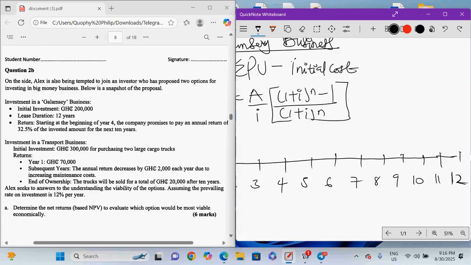Okay. So now they are saying that the cash flow is starting when? At the beginning of year 4,